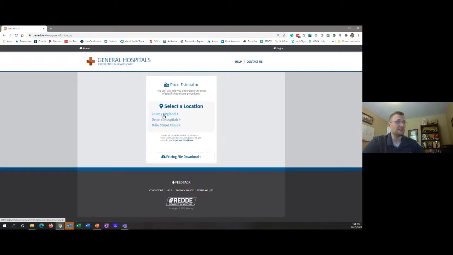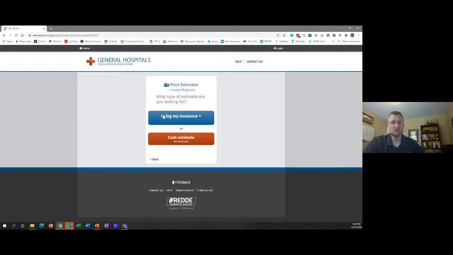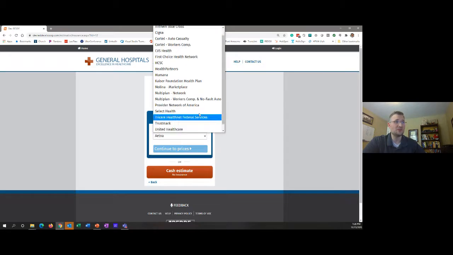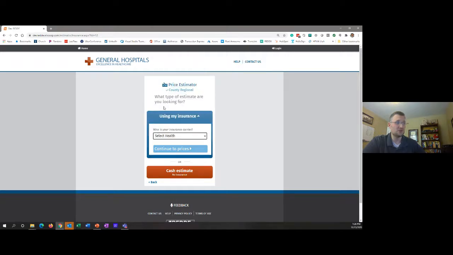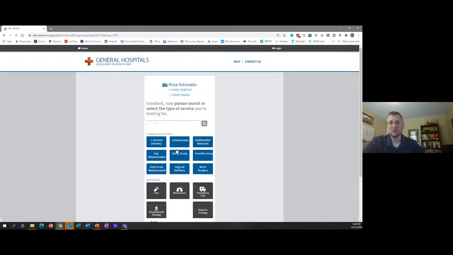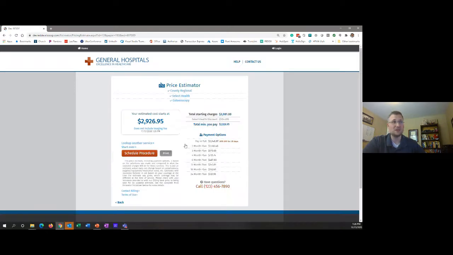However, let's go back and let's take a look at what it would be for insurance-based. So if they wanted to use insurance, they can click on insurance here, and we'll show them a listing of all the accepted insurances that you have and that we have the contracted rates for. So they can select any of those insurances that they would like, and then continue on into pricing. We pull that insurance information forward, so now if we go back into colonoscopy, you'll be able to see this is the same charge amount. However, there is a contractually discounted rate that we show. So the estimate cost would start at $2,900, and then from there, their co-insurance and co-pays and deductibles would take